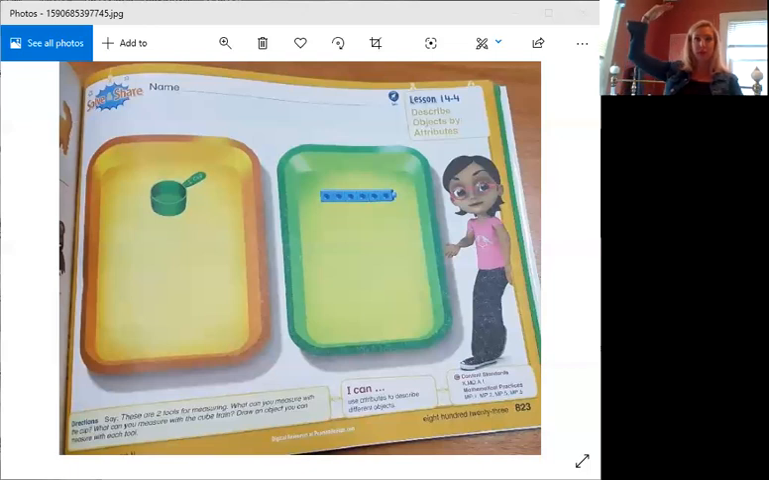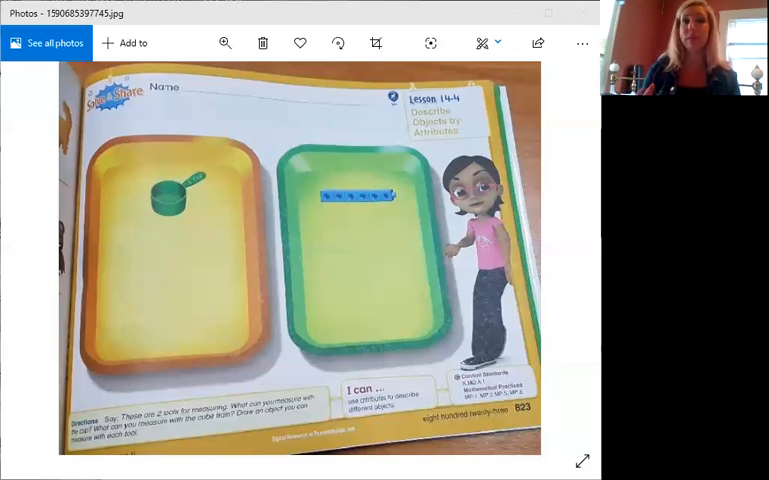Taller, shorter, taller, shorter, longer, shorter, longer, shorter. And if we are doing capacity, for example, see how much water you can put inside your water bottle,